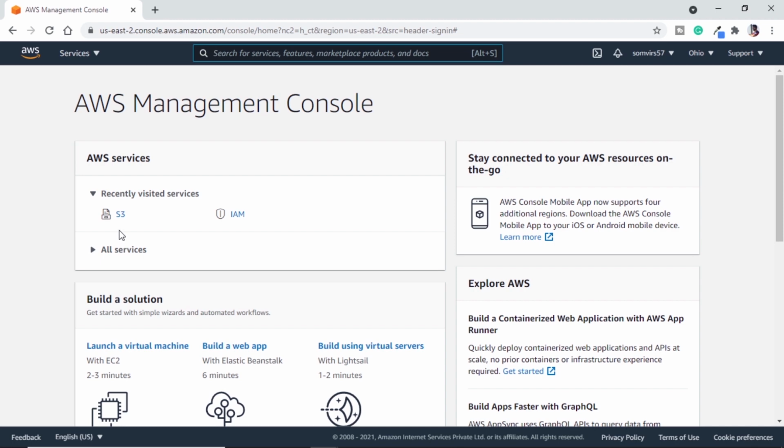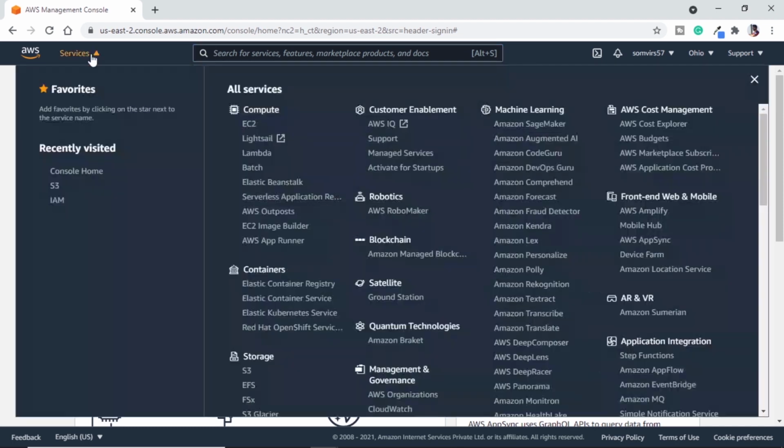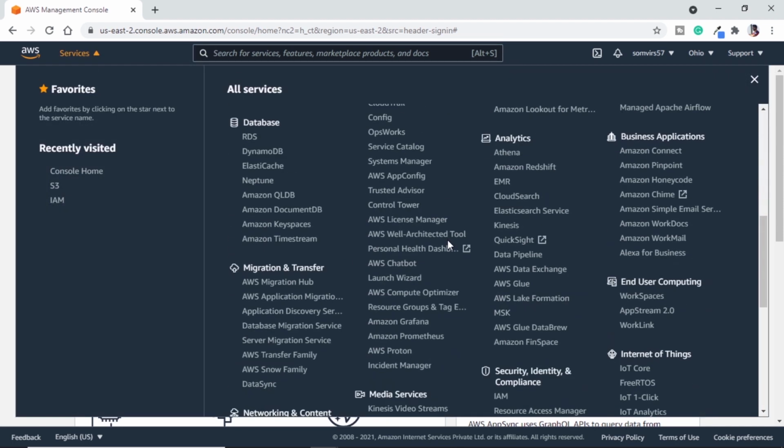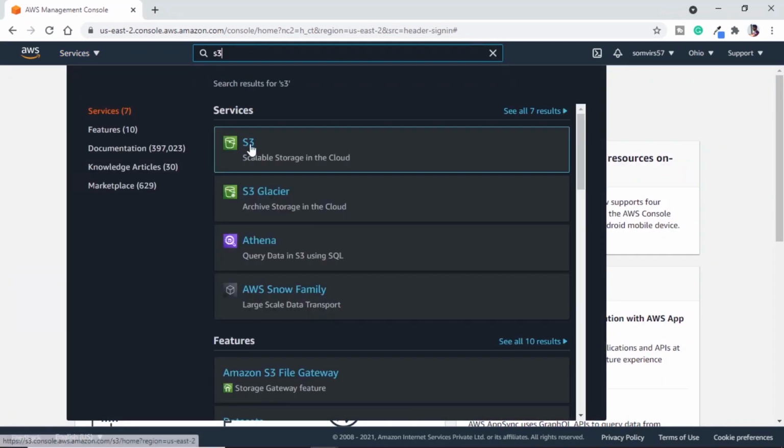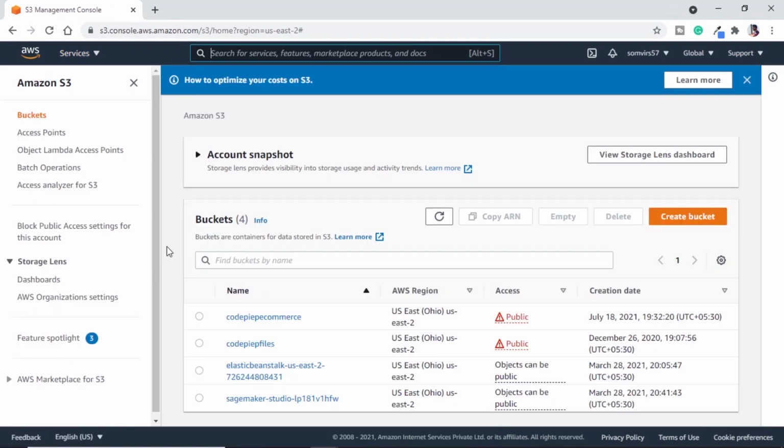This will be the console we will see. Now we need to go to S3 buckets. For that we can use this drop down, and here we can search for it, or we can directly search here S3, and here we can click on this one. So here we will see all our buckets that we have on our AWS. A brief about S3 bucket is, consider this a virtual bucket where we can pour all our data files and we can store it online. And if the file size is very low, the literal cost of S3 bucket will be 0.